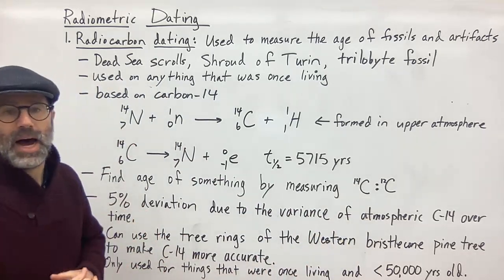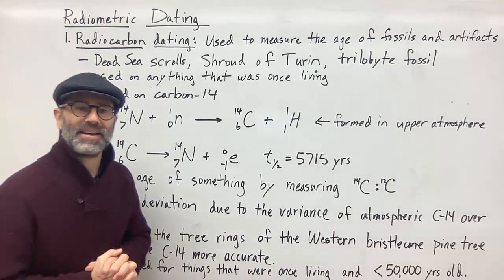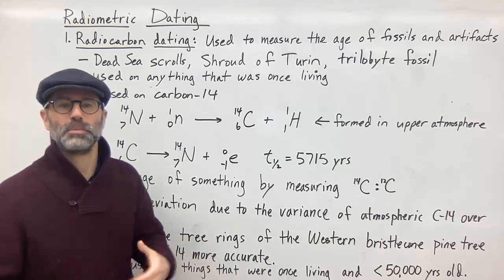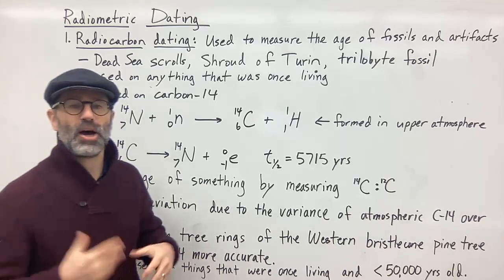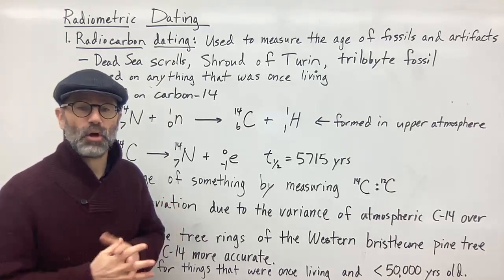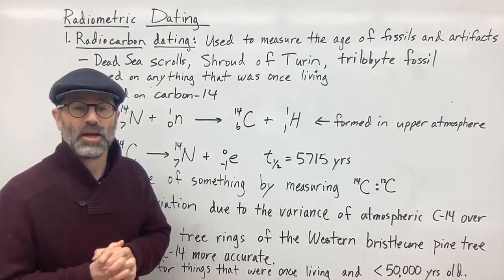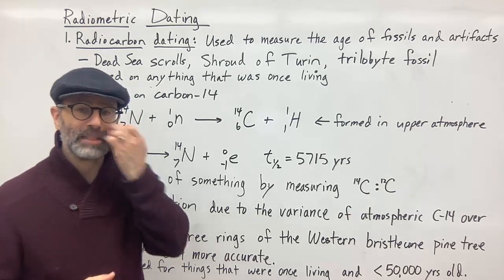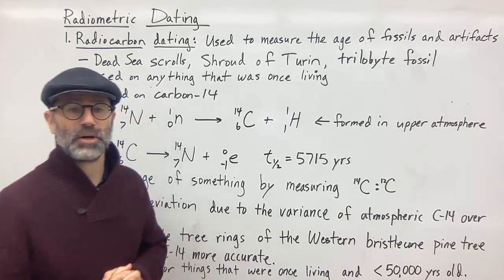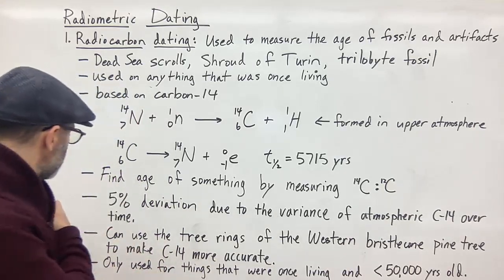That would be like if I date something and I calculate it to be 6,000 years old, then that would be like a 300-year variance, so plus or minus 300 years. So that's kind of a large difference,